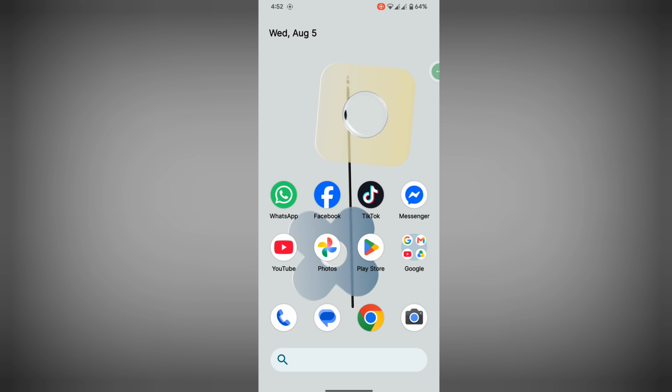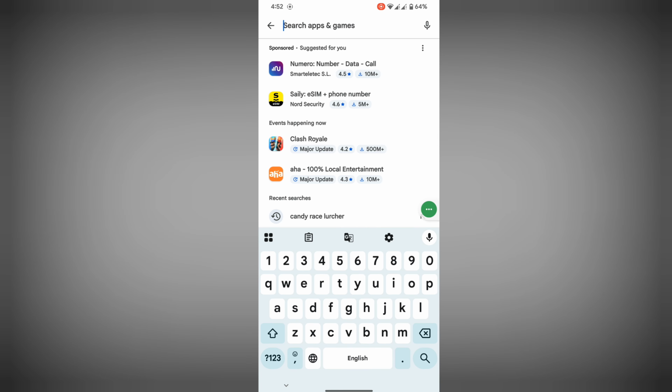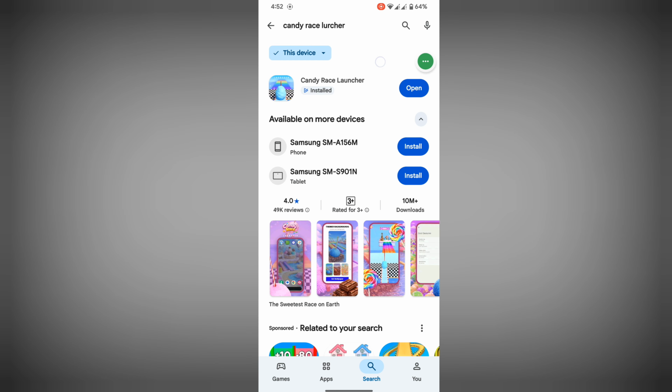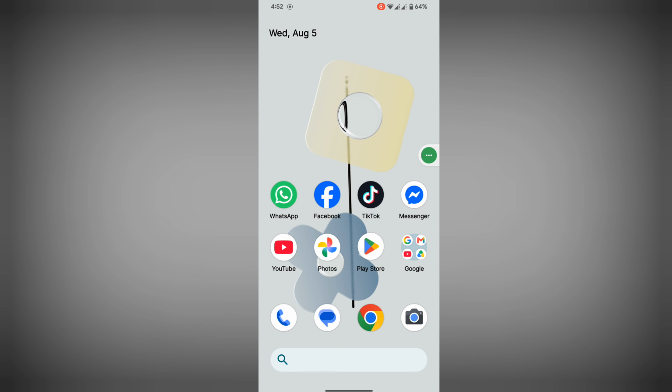In this video, I show you how to uninstall, remove, delete Candy Race Launcher. For doing this, open your Play Store app. Now search for Candy Race Launcher. Tap on it. Then OK. Now uninstall from here. If you cannot find it on Play Store, then